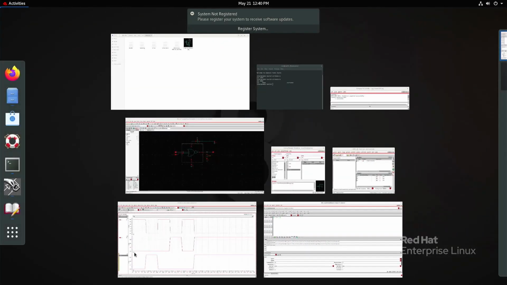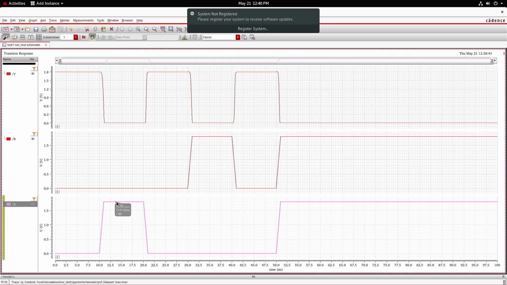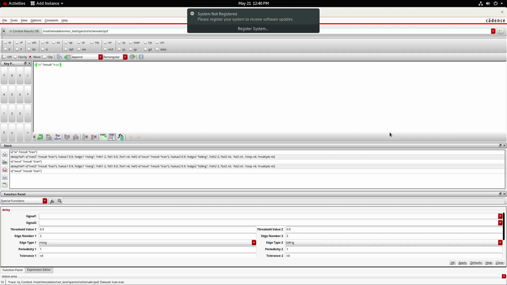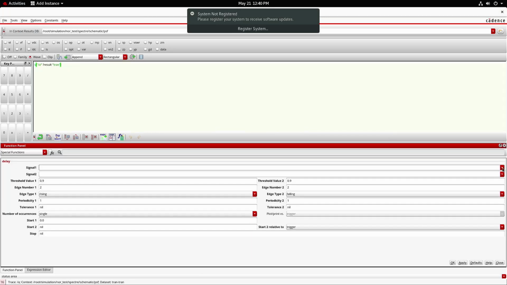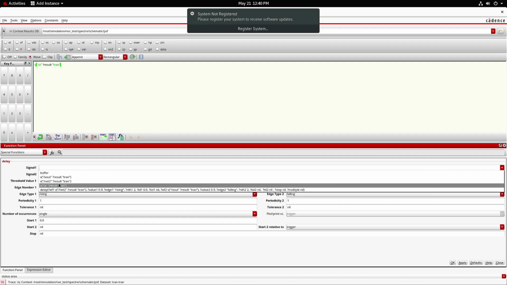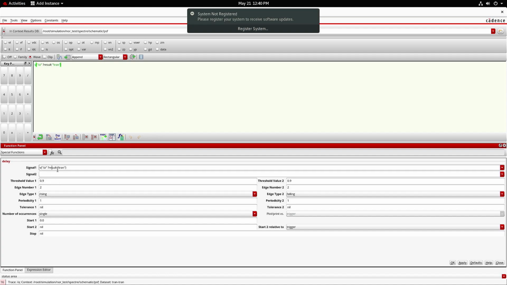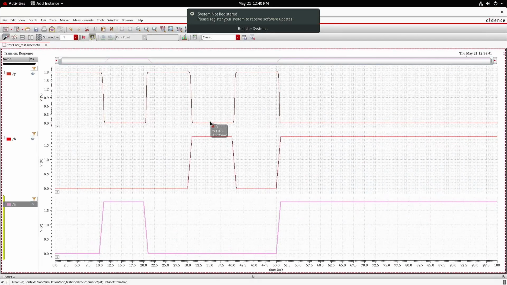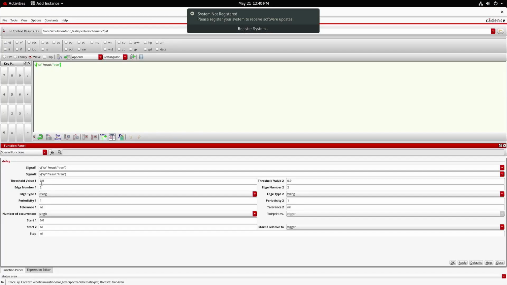Signal 1 has to be input. I am going to choose A. Then signal 2 I will select as output. Then the threshold voltage is set at 0.9.